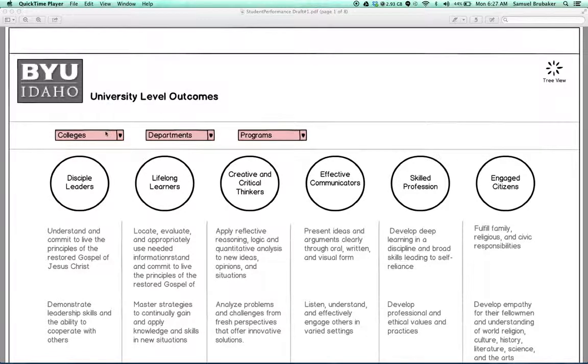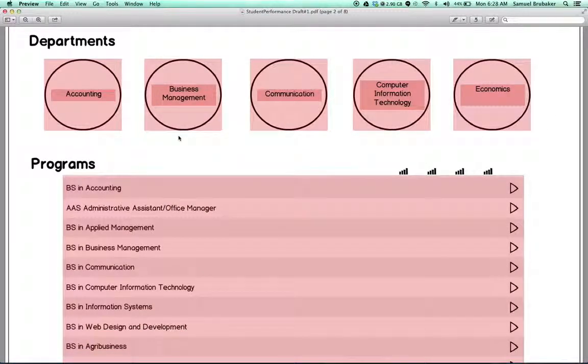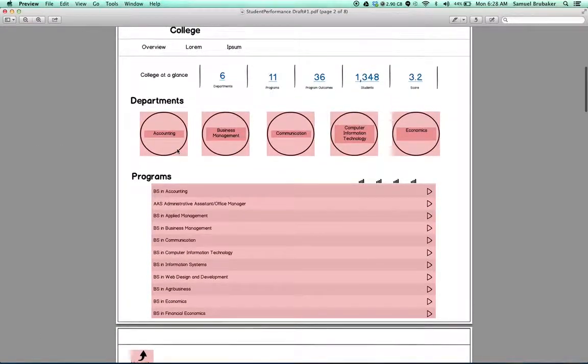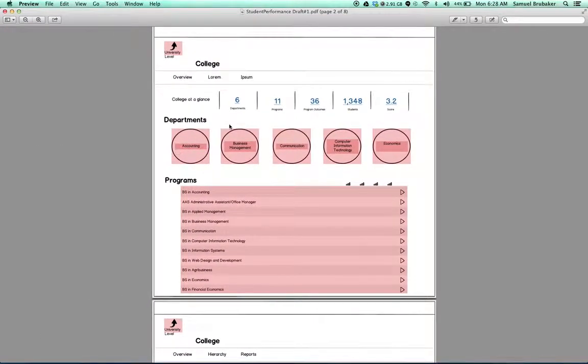Or you could also land on this overview of university level outcomes, and you could click on colleges, departments, or programs to take you there. So if I clicked on colleges, it would take me to a page that gave me an overview of the college. As you can see, you can quickly go back up to the university level. You would see some reports or numbers associated with this college. You would see all the departments belonging to the college and all programs belonging to the college. You'd have the opportunity to click down into a department